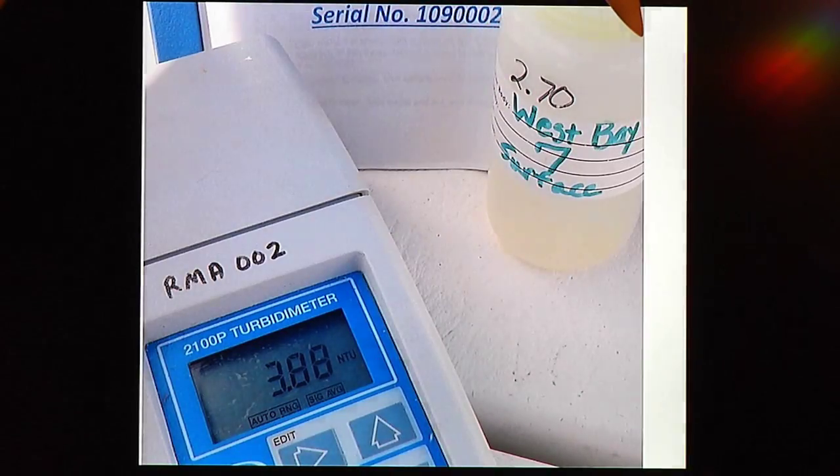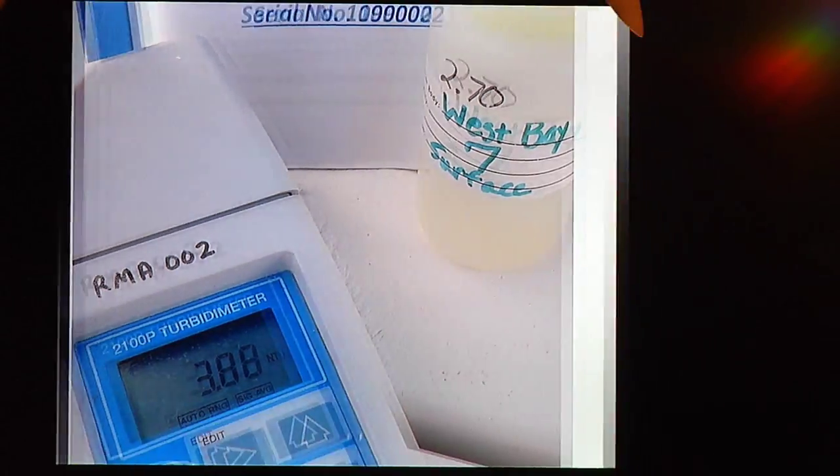What's this little device here? That is a turbidity meter, so there's a little glass sample cell. We pour a little bit of the water in and we put it down in the instrument. It passes a light through it, and the amount of light scatter gives you a measurement for the turbidity. So what number do we want it on? You want it to be hopefully less than 5 NTUs. Well, we passed that one, didn't we? Yeah, that's a spot in West Bay actually where the state's doing oyster reef restoration, and that one was 3.88